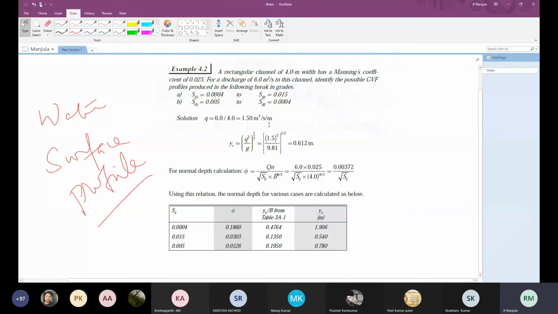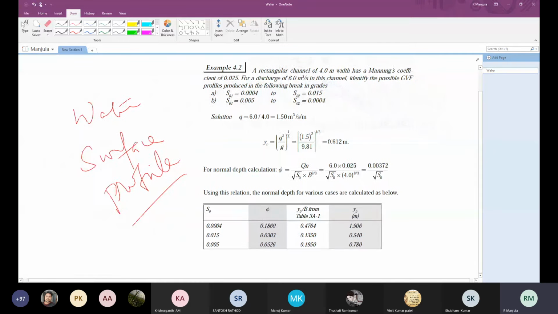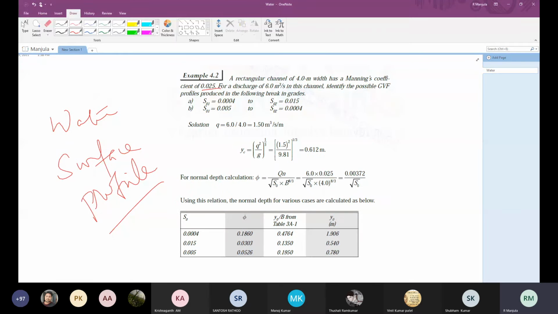Okay, this next problem. This is the next problem. A rectangular channel is 4 meter wide, which has a Manning's coefficient of 0.025, and discharge Q is equal to 6 meter cubed per second. For a discharge of Q 6 in this channel, identify the possible type of GVF profile. So there are two slopes which have been given. One is 0.004, another one is 0.005. So identify the possible GVF profile produced in the following break in grades,